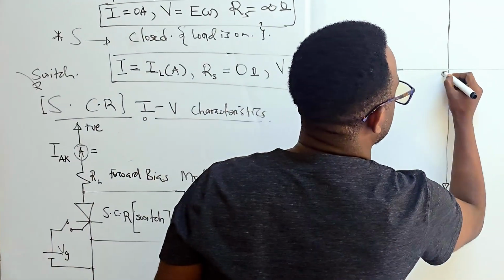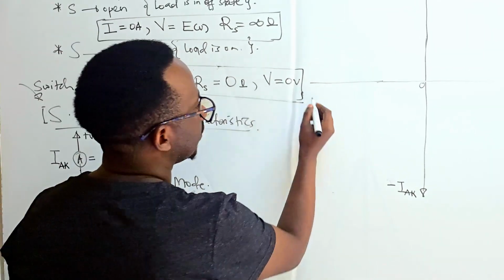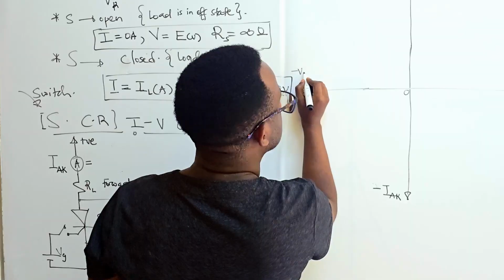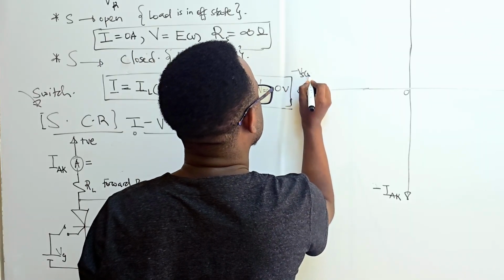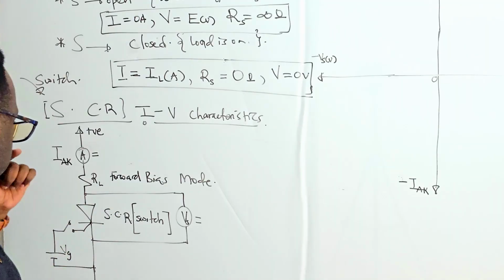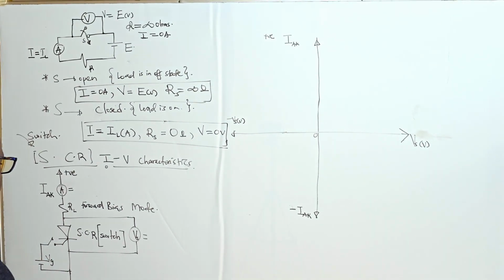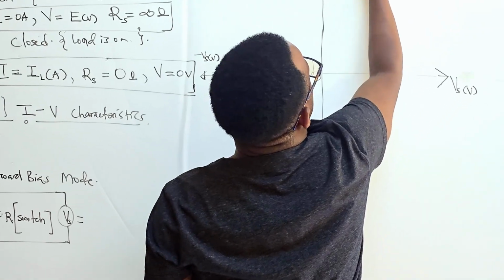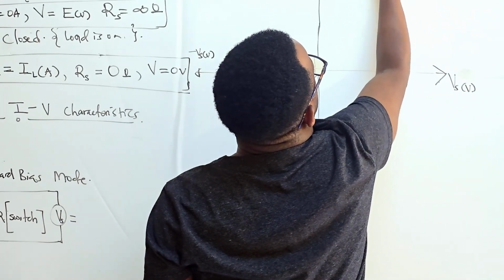So that's the origin. This is the negative VS in volts, right? All right. So with VG equal to 0 volts,